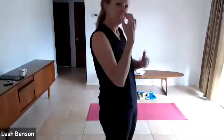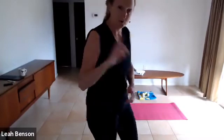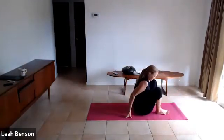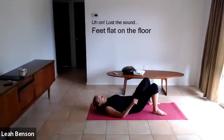So obviously you're not breathing into your belly, you're breathing into the lower part of your lungs. But as you do that, your belly will expand and inflate. So in through your nose, then you can go out through your nose or out through your mouth. And you'll do this first, lying down, with your feet